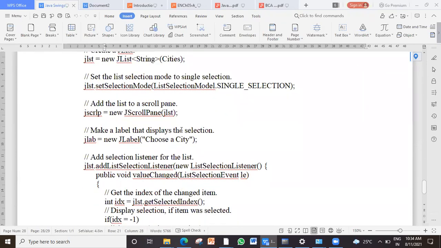Yeah, event handler is enabled here through anonymous inner class. There is an event called list selection event that can be used, but it is not very important for you. If you want, you can use this list selection to get the selected index. Fine.